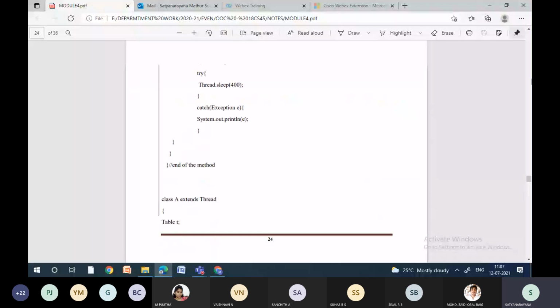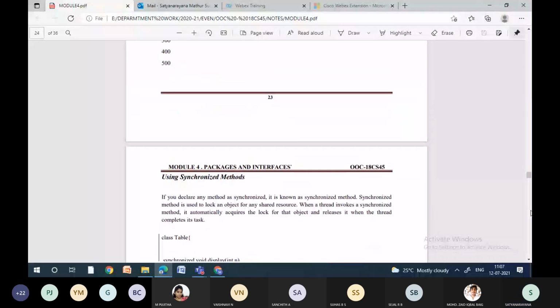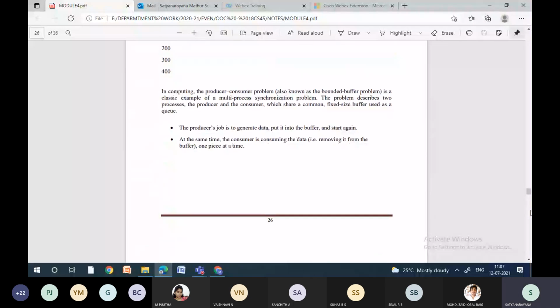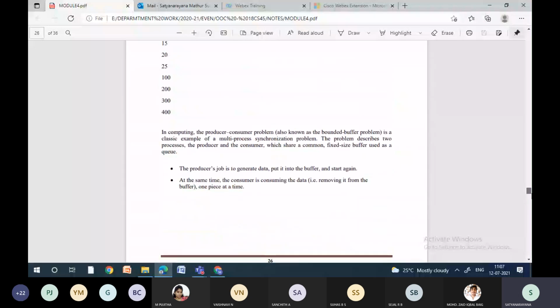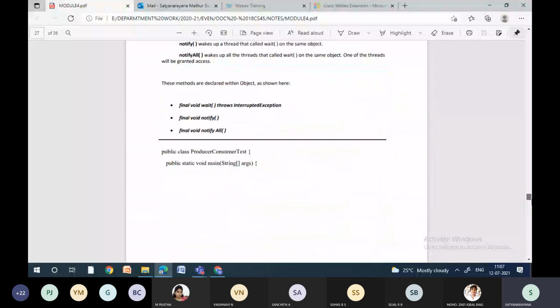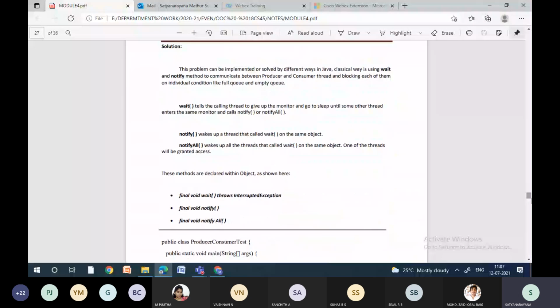As I said, there will be one producer producing items, and one consumer who will be consuming them. We saw a practical example where a manufacturing company produces articles that need to be shipped to the consumer side. So how do we solve this problem using programming?